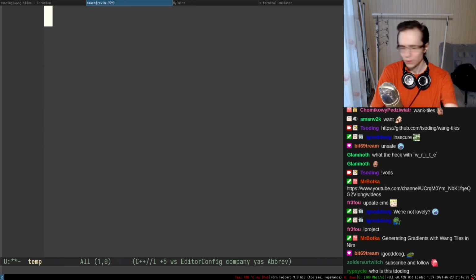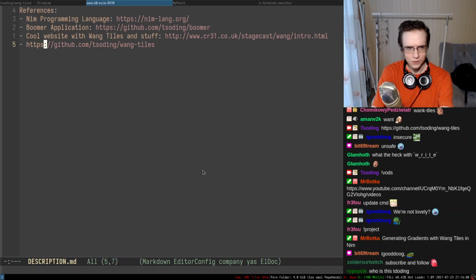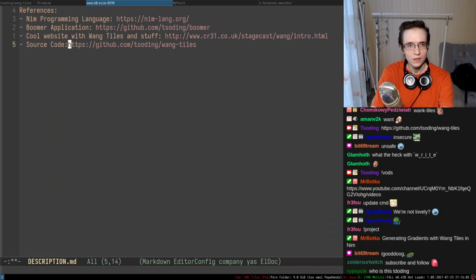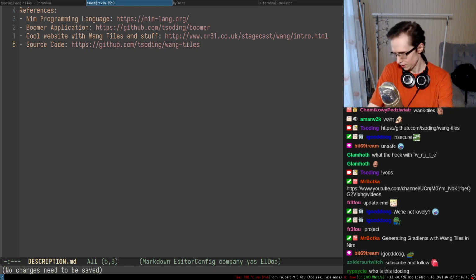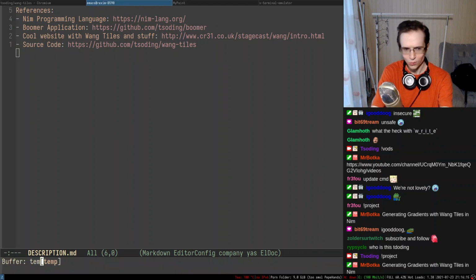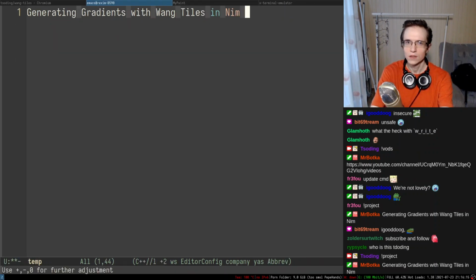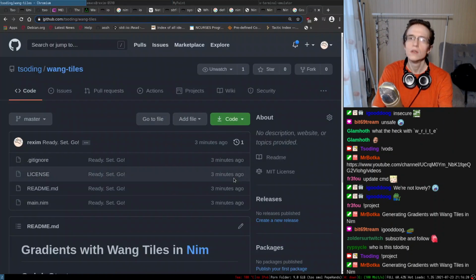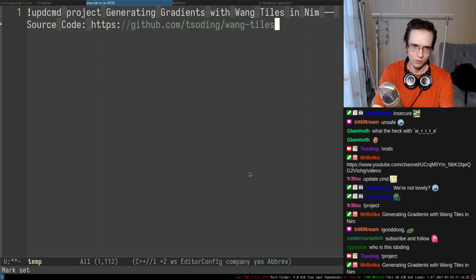Anyways, so yeah, we also need to update the project command. So here's the source code, and where is the project command? So, project generating gradient with Wang tiles. Right, so I'm gonna update cmd project, and we're gonna say source code, and we're gonna put this thing here.